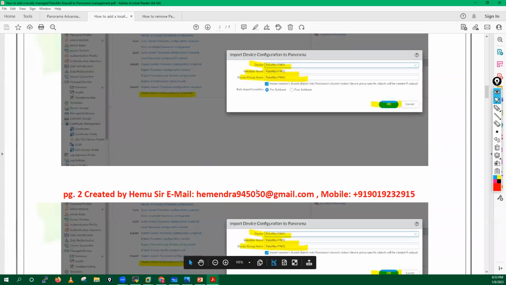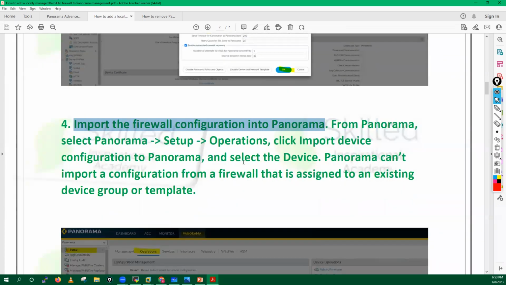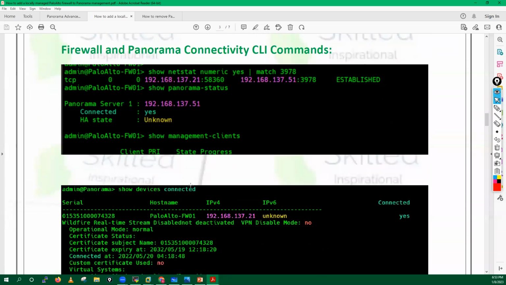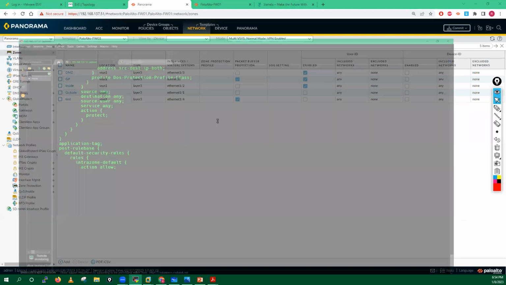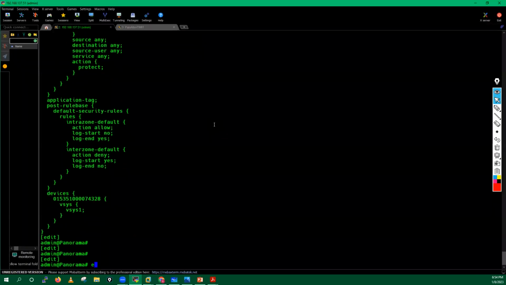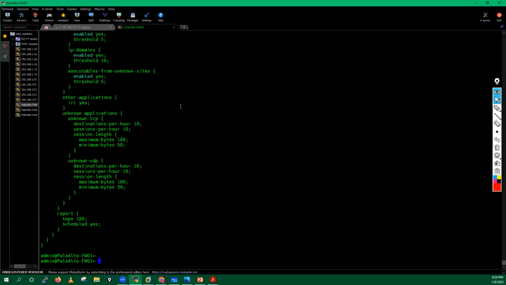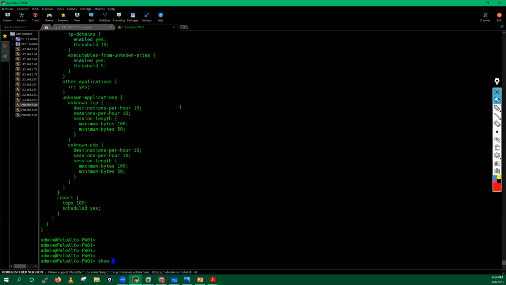Once we import, even though guys, there's one thing I forgot to show you. Whenever you add any firewall into the Panorama, if you want to check whether they have created a successful connection or not,